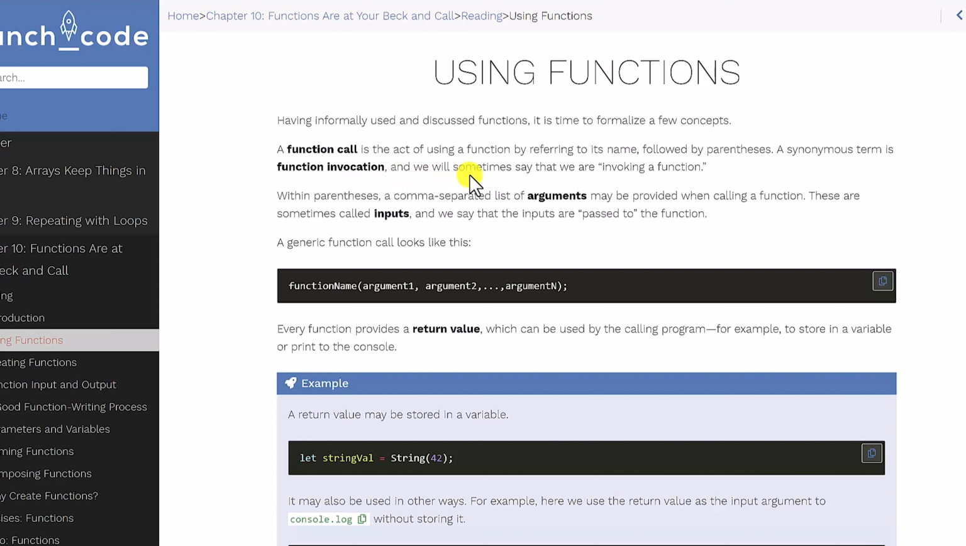And we will sometimes say that we are invoking a function. You'll probably hear me say this more, invoking a function, or invoking the function, or function call. Remember these terms. Within parentheses, a comma separated list of arguments